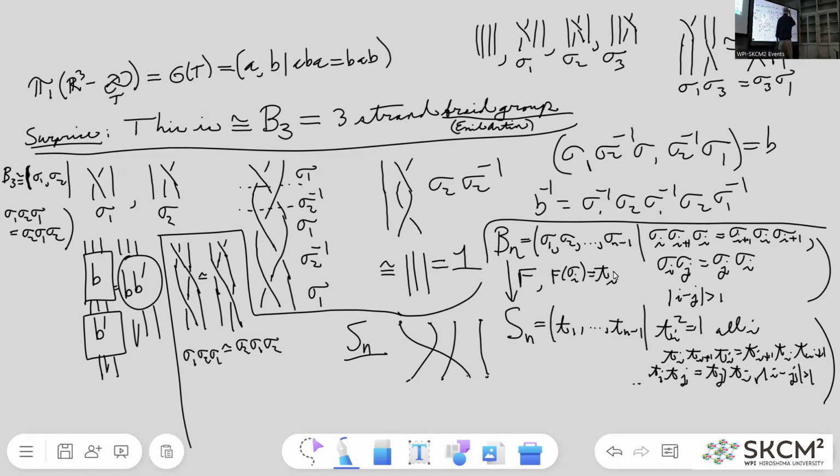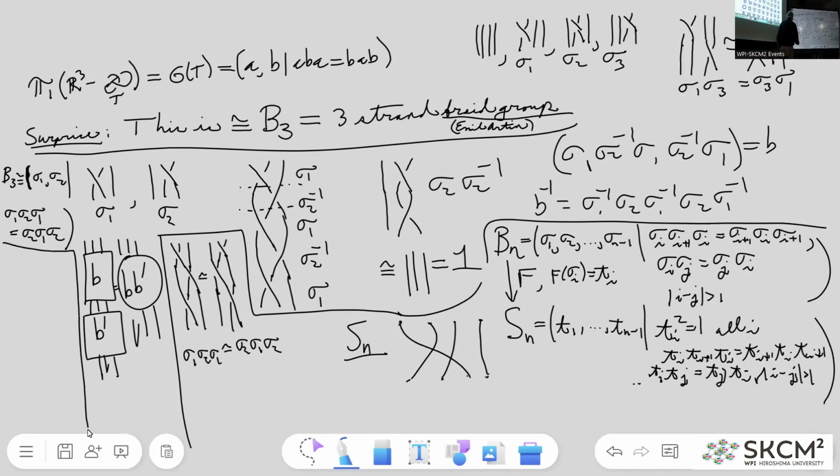You just look at the underlying permutation related to the braid, and you map to the symmetric group. This tells you that the braid group is very non-commutative and very non-trivial. It doesn't tell you that the individual sigma i's have infinite order, but I brought it all up partly because